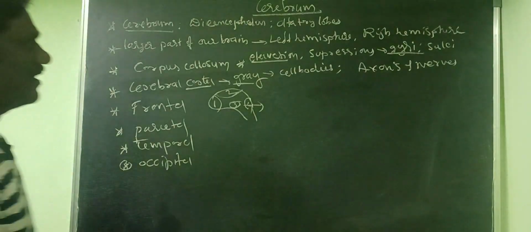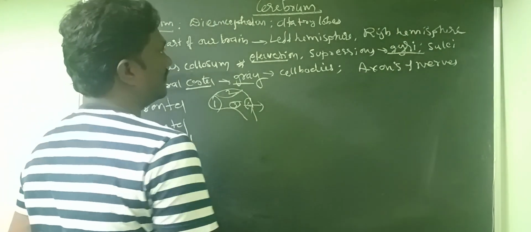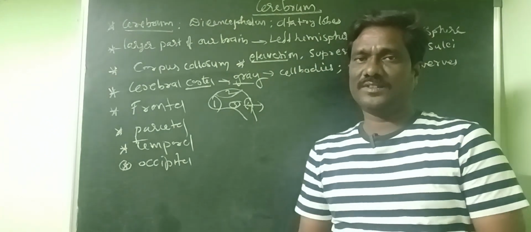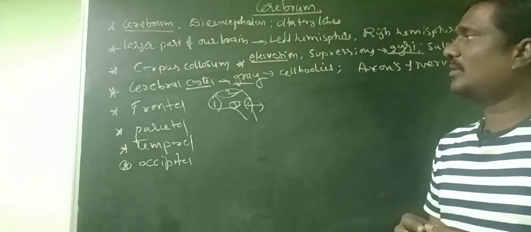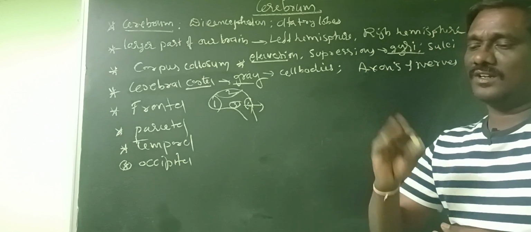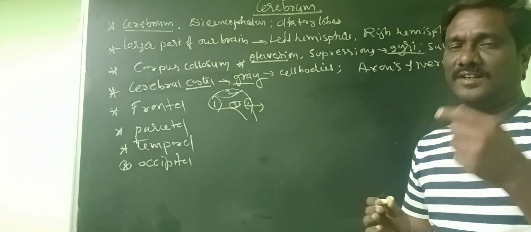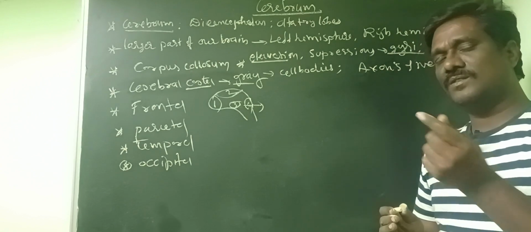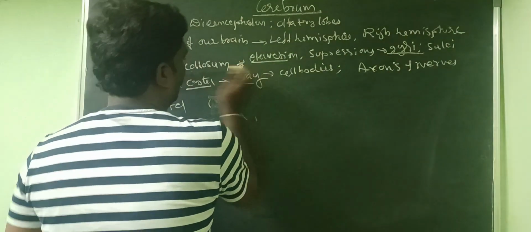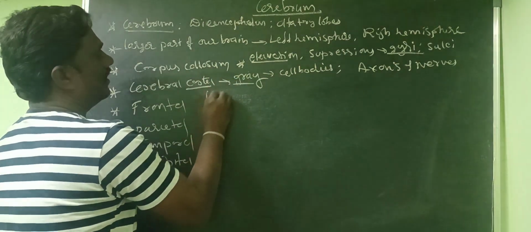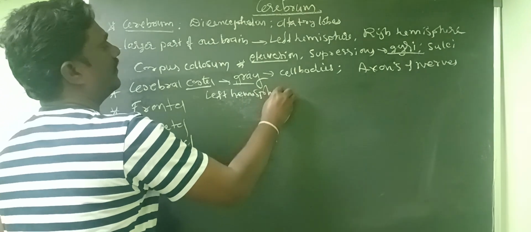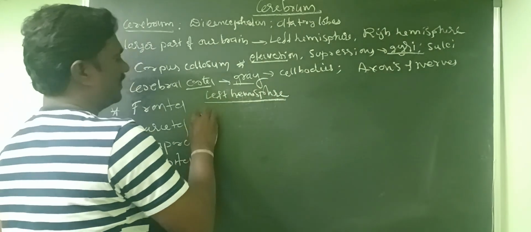Next, what are the main functions of the cerebrum? The left and right hemispheres both have separate functions. The left side of the hemisphere controls the right side of our body. The right side of the hemisphere controls the left side of our body. So the left hemisphere controls